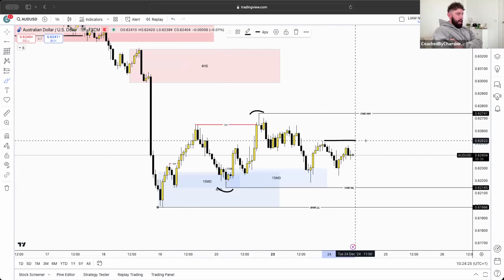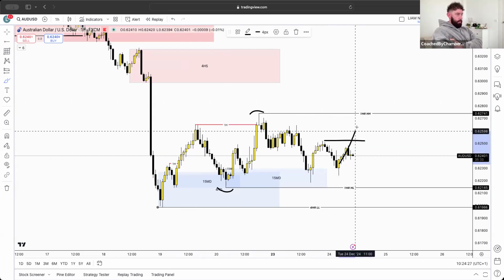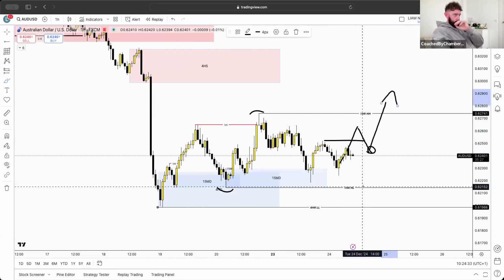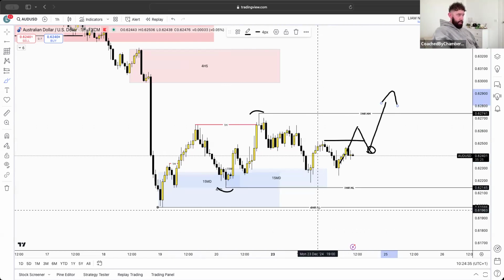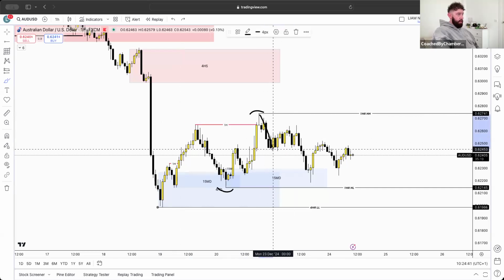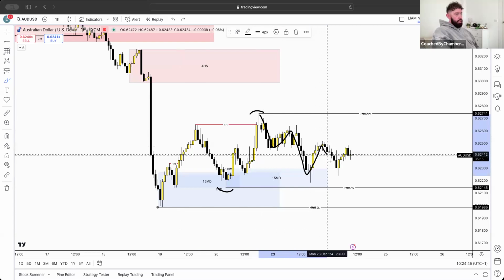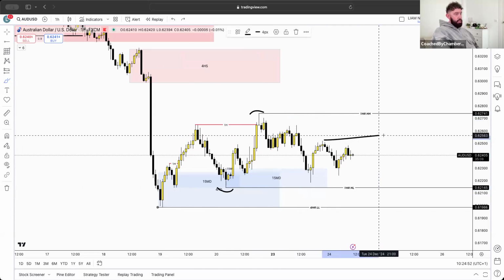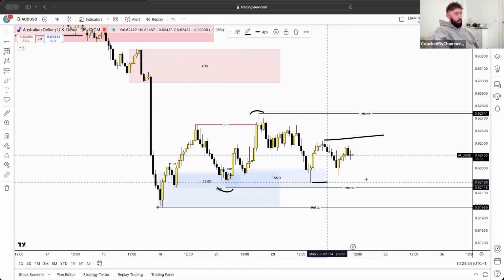I want to see this high broke. If we can get this high broke, I would then be confident enough to participate in looking for a long in this area to carry this trend up. So that is my predominant thoughts, because if we look at the trend right now, you'll be able to see that we've literally created lower lows, lower high, lower low, lower high. This should have created a lower low, it hasn't.